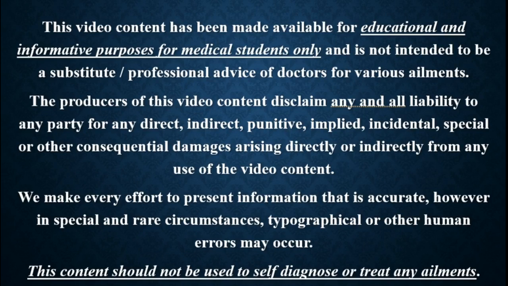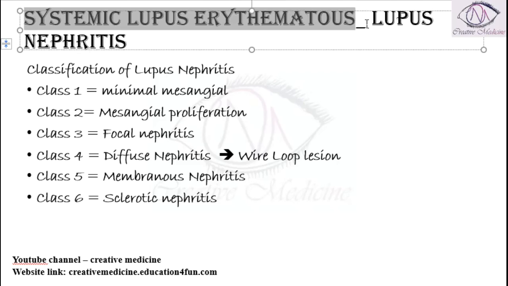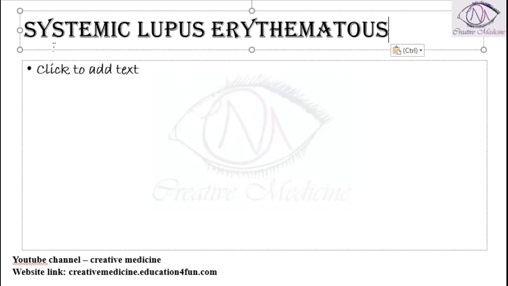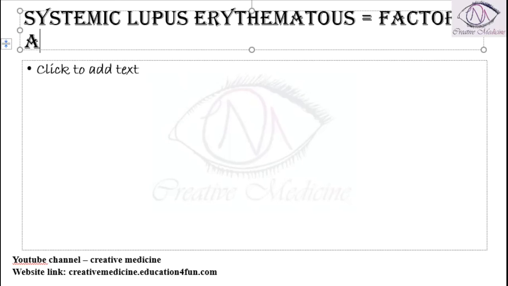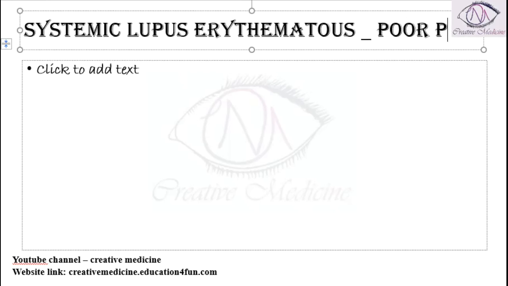In this lecture, we will learn about lupus nephritis. There are some features which will increase the risk or cause high progression of disease in lupus nephritis. So, what are they? In systemic lupus erythematosus, what are the factors which are associated with, or we can say, poor prognostic factors? That is, these are the poor prognostic